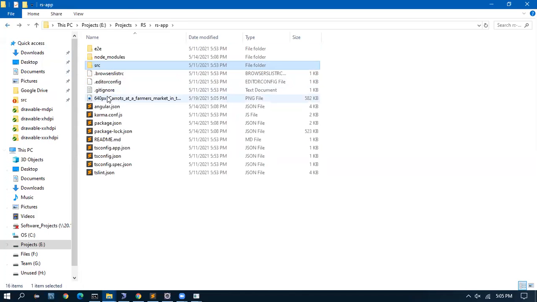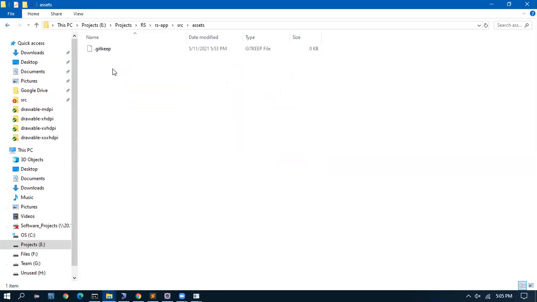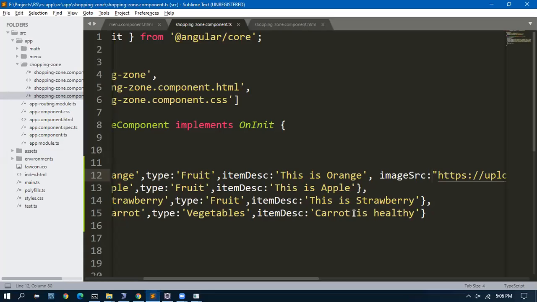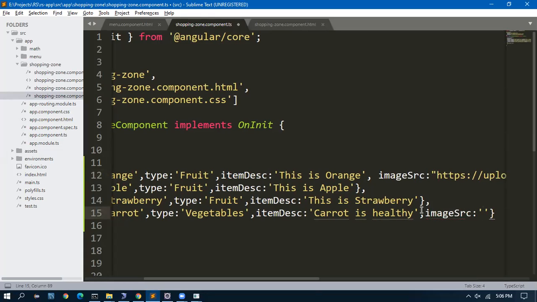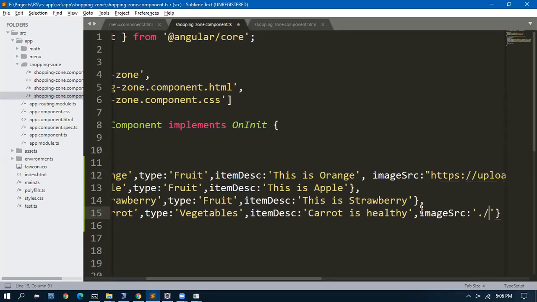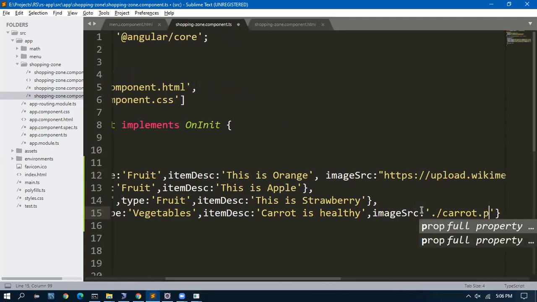We will place this carrot file inside the assets, and I will name it carrot.png. And I'll go here. Let me try this. Image src colon carrot.png.